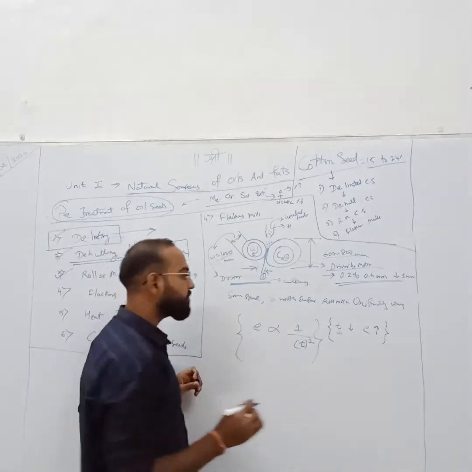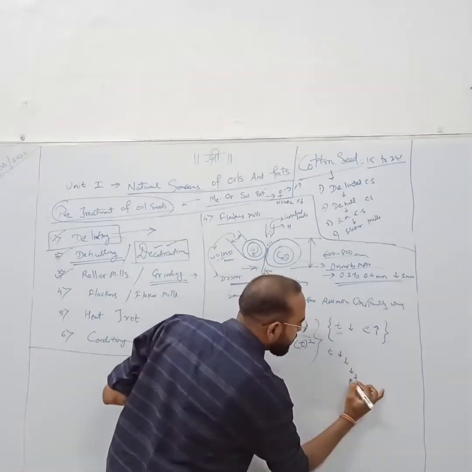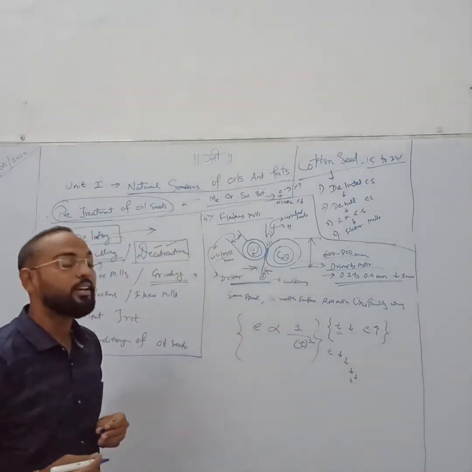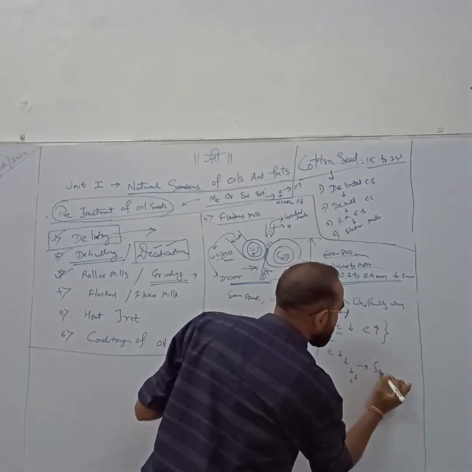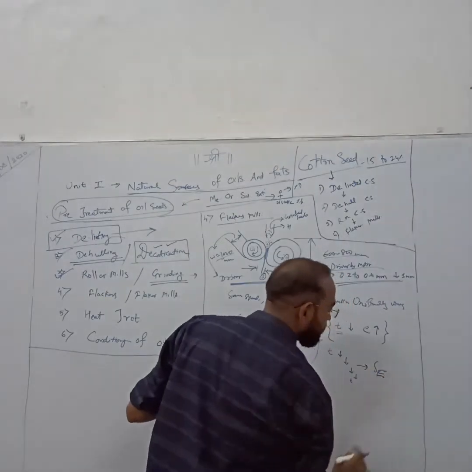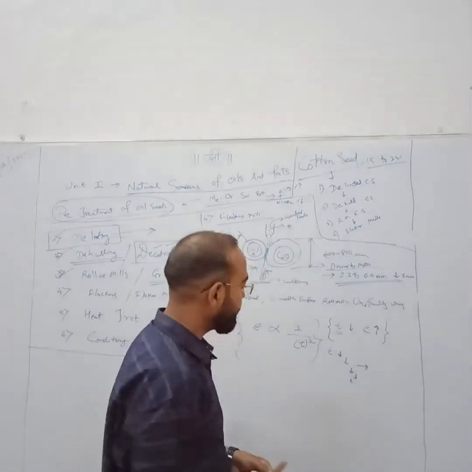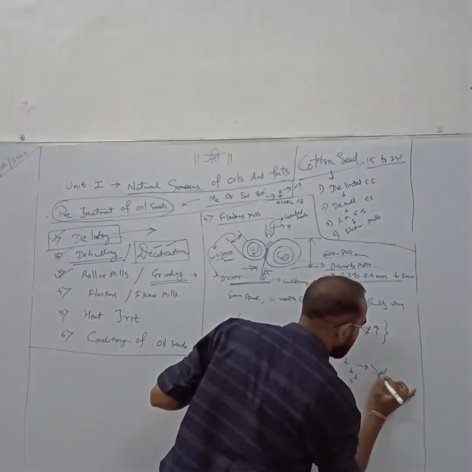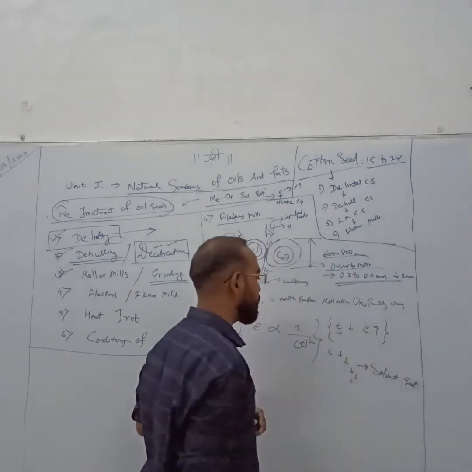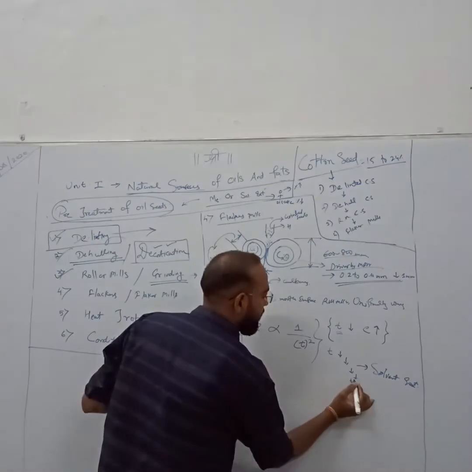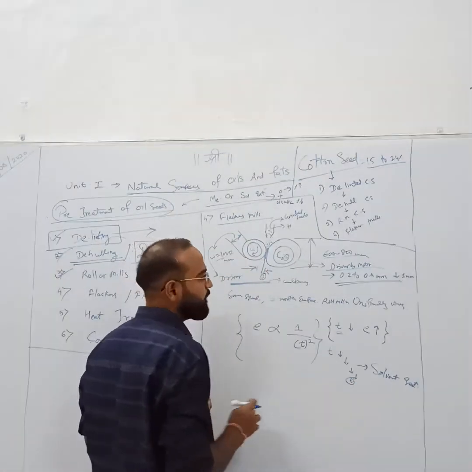If the thickness of your flakes is very low, then during the solvent extraction process, it's really difficult to remove the solvent from your oil cake. Means